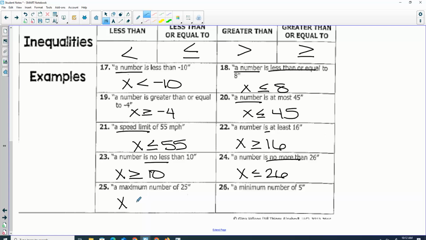So maximum means 25 is the biggest it can be. So it would be what? A minimum of 5. So 5 is the smallest. So that would be